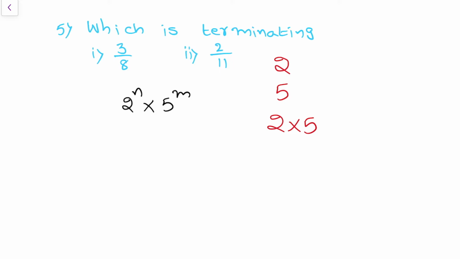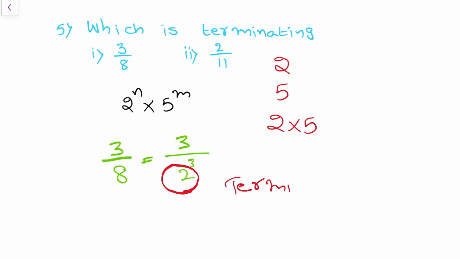So now let us take the first question. The question is 3 divided by 8, that is 3 by 8. If we do prime factorization, we will get 2 power 3. Now if we observe the denominator, only the number 2 is there, so this has a terminating type of decimal. As I said clearly, we don't have any work with the numerator, so I'm not touching the numerator, and we don't have any work with the power, so I am not touching the power also. Only we need to check the denominator, especially the base of the denominator. In this case, the base of the denominator is 2, so it is in the form of 2 power n into 5 power m.